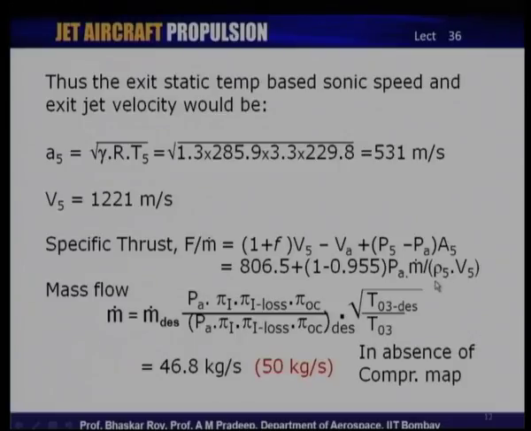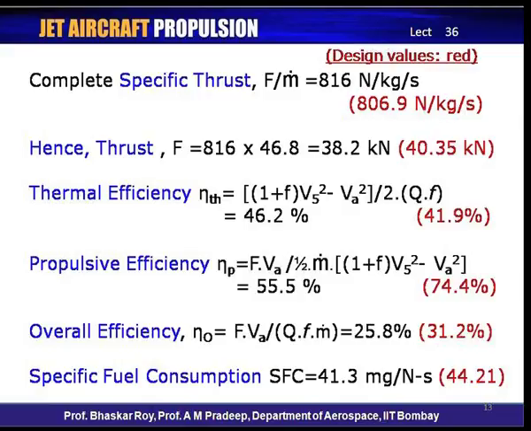If we plug in those values, we get the second term, the pressure thrust, calculated, and we get a complete specific thrust of 816 newtons per kilogram per second, which, as you see now, is